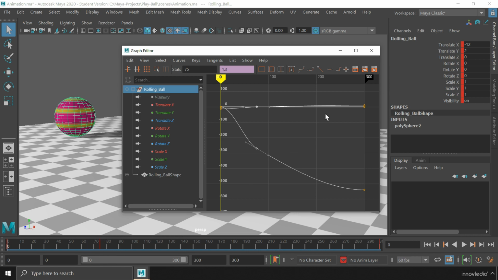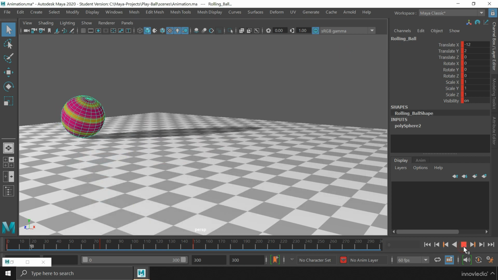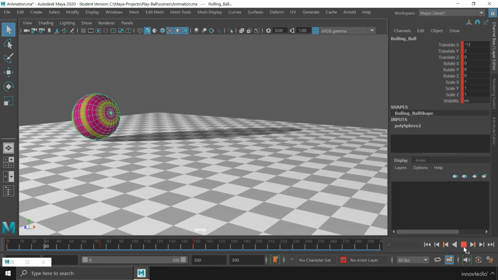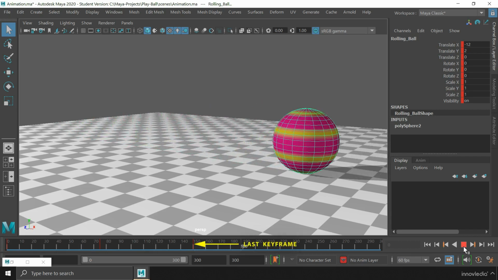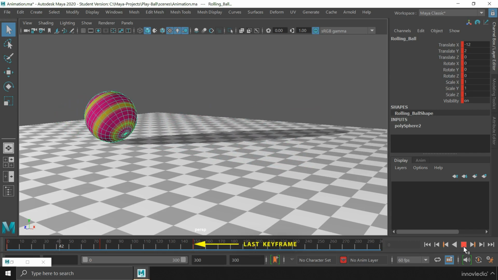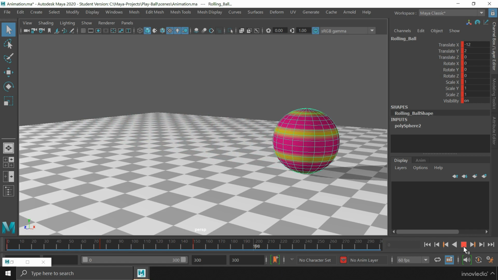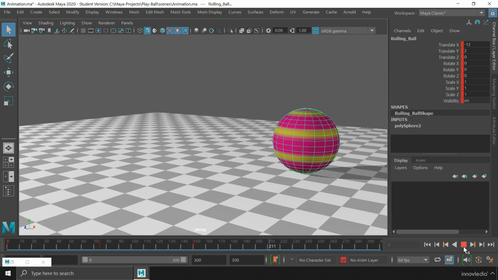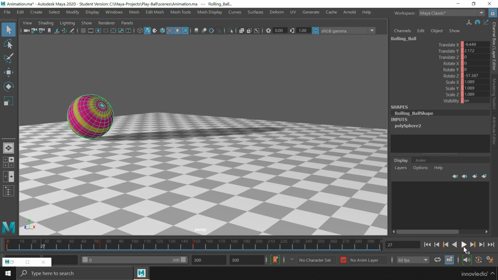Same way, I can now drag select all of these keyframes on frame 300 and change their location to frame 150. You can fit the graph by clicking on this button here. If I play the animation now, you will see that the object is moving from frame 0 to 150 and then stopping after 150, as there are no keyframes after that. And also, the speed has doubled because the same animation is now happening within 150 frames, which was previously happening